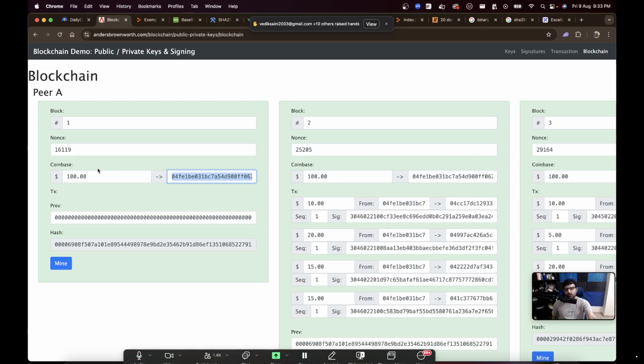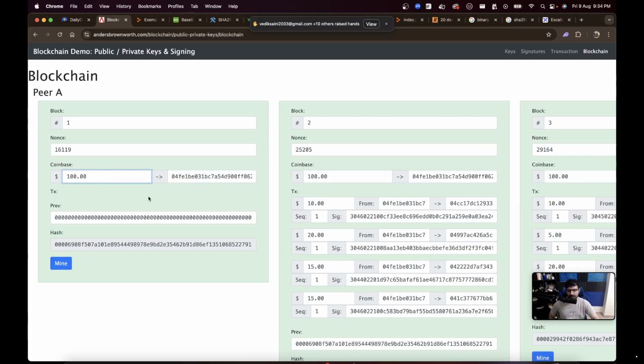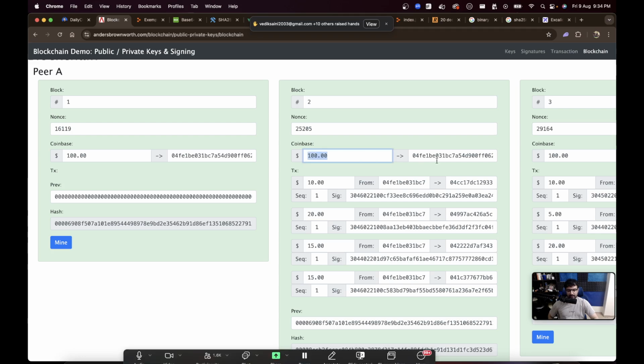Anytime a block is put on the blockchain for Bitcoin, the very first transaction there is that whoever made the block, whoever was the miner, they get some Bitcoin. This amount keeps on going down, but they get some Bitcoin. The very first block that you see over here is that person, the first miner receiving $100. Then the second block, the miner over here also receives $100, but there are a bunch of transactions that people